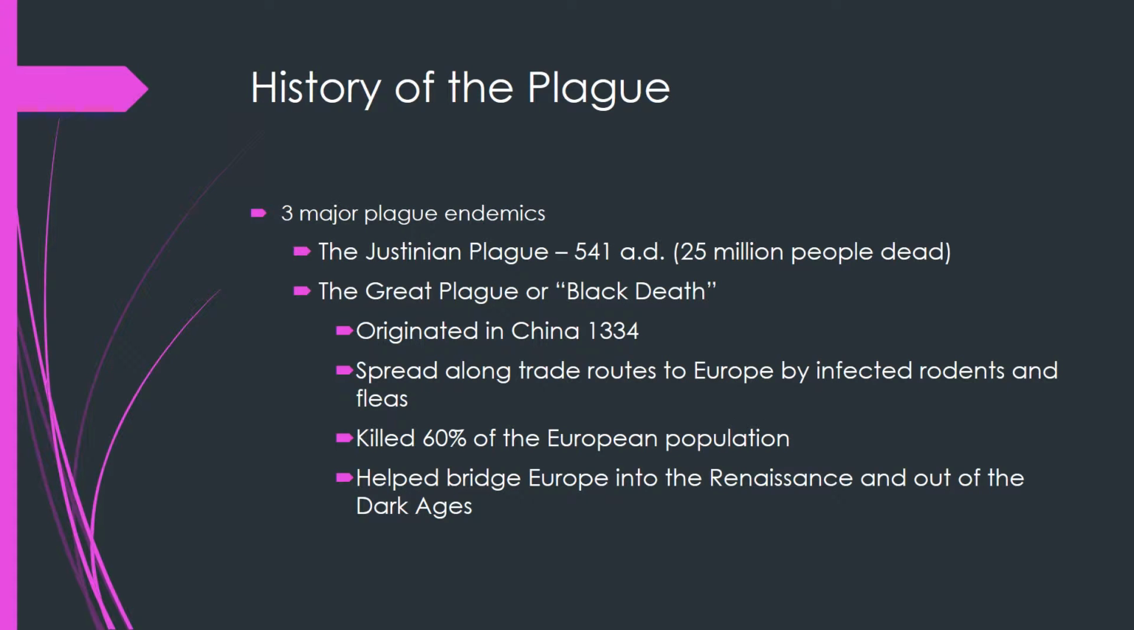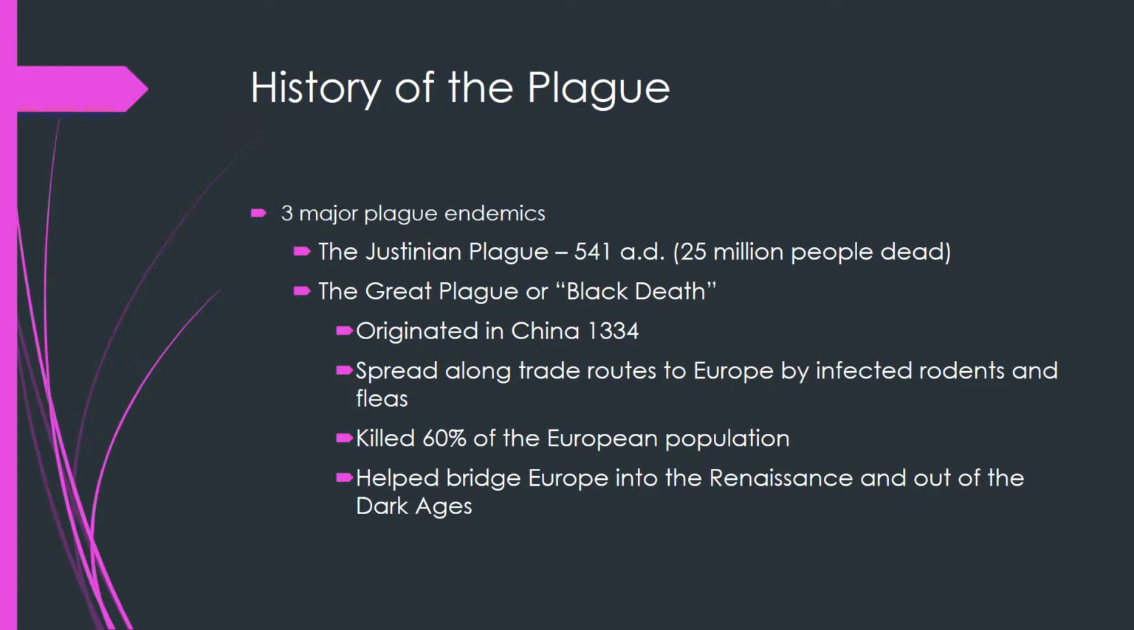I'll give you a brief history. There were three major plague endemics. The first was the Justinian plague, and that took place in 541 AD, and about 25 million people died because of it. The most famous plague, and the one that I'm sure you are all familiar with, was the Great